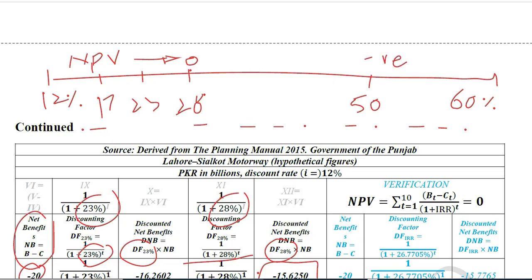If you have a negative NPV, then you can come back and see whether at 45% we have a positive NPV, and if so, then we can interpolate between these two levels of discount rate. So it's not binding that we will get the answer quickly. The answer can be hidden